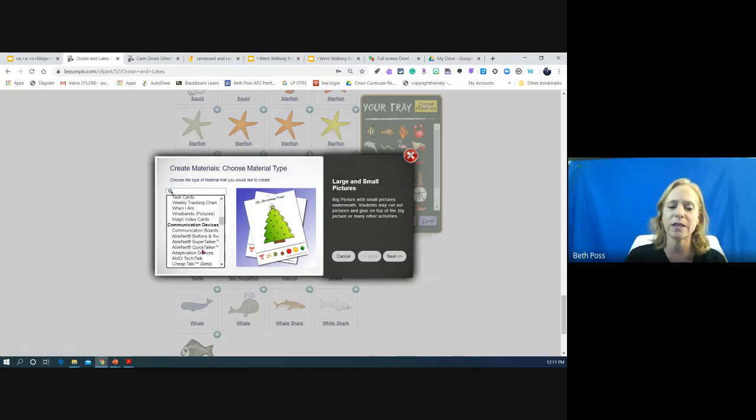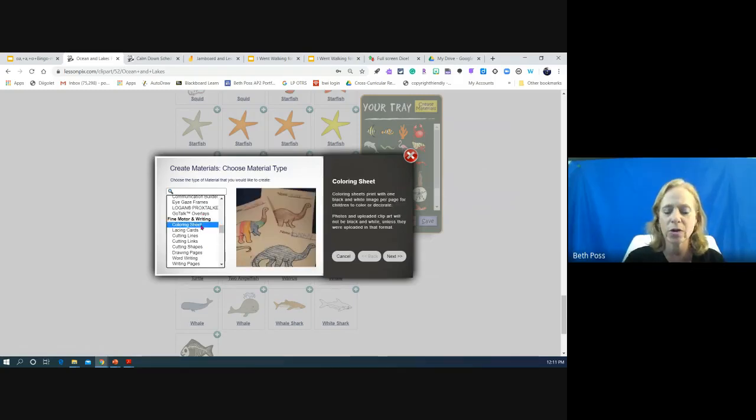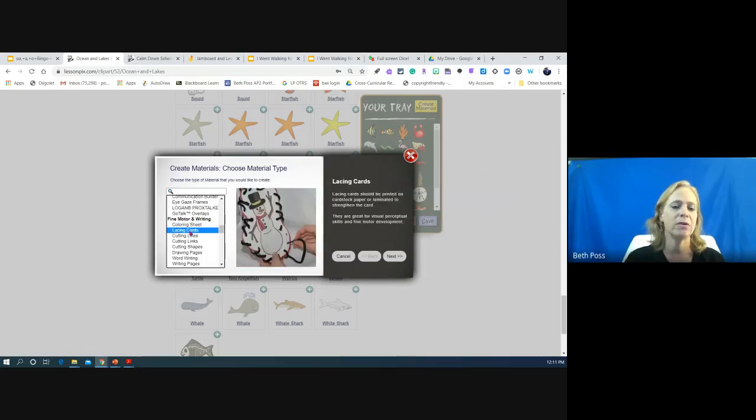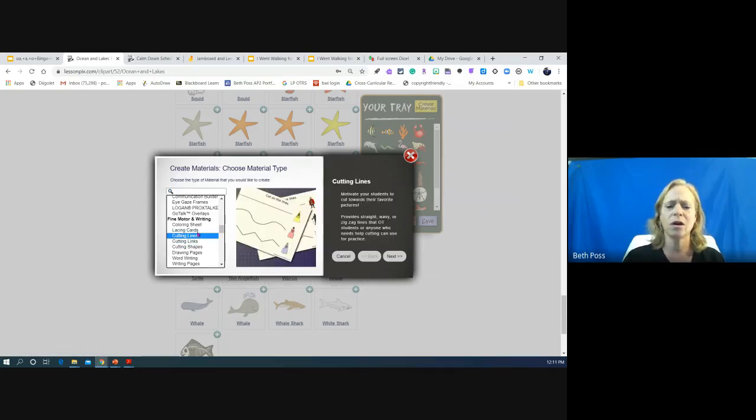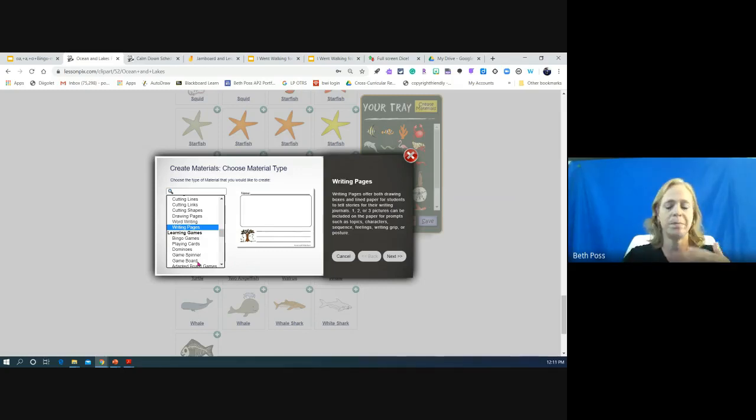We have communication device boards. So if you are working with students who are using augmentative communication, you can create low-tech boards for them, or you can create board overlays for their mid-tech systems. I could make all of this into a wonderful coloring book about sea animals. I could have lacing cards for my OTs out there so that you would hole punch and have lacing cards, cutting lines for working on those fine motor skills. We have lots of drawing pages and writing pages. So I'm able to create a whole set of pages for students to pick their favorite sea animal